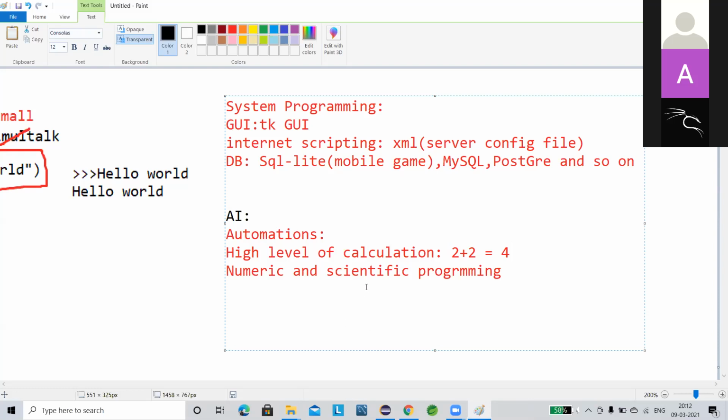Similarly, the similar thing is numeric analysis. Rather than only this, there are several other kinds of equation solutions. The numeric analysis we have done. And the next is scientific programming. What is the difference between scientific programming and normal programming? Scientific programming comes when there is no fixed result.